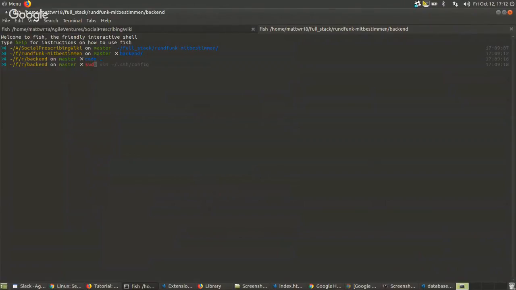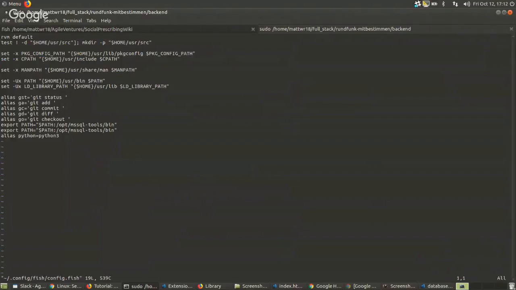We have here sudo vim, something to do with fish config. All right, so I have an alias here for that. That's cool.